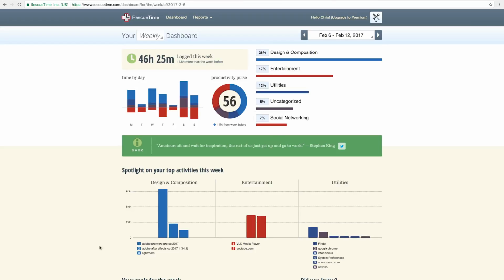As you see in the design and composition area down to the left, the main programs I used were After Effects, Premiere Pro, and Lightroom, which basically means I did a lot of photo and video editing. I also used entertainment, VLC, and YouTube, and then I have utilities, Finder, and stuff like that. But the more interesting part is up here, and also the color coding is blue for productive stuff and red for totally unproductive stuff. So I spent about 13 hours in that week with the work in design and composition,